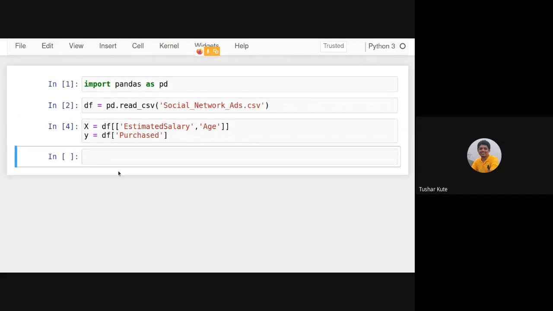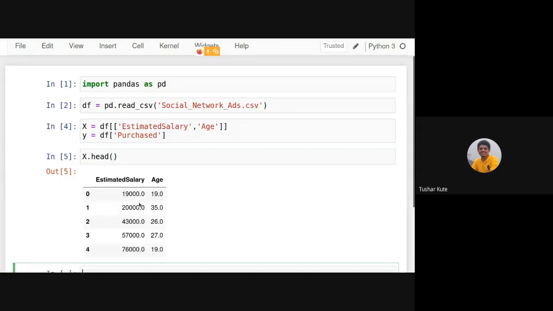These are the two columns in the input, the estimated salary of the person and the age. You can check the estimated salary range is different and the age range is different.